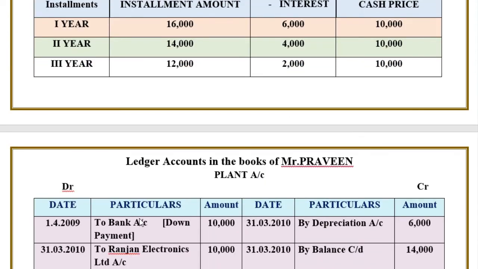Let us go with the first one. He made a down payment, therefore you have to record the down payment here. Therefore plant account debit to bank account, that is the down payment made. The amount will be 10,000 rupees. The down payment is only in the first year, because a down payment is just the initial payment, like a first-time advance payment. So next,